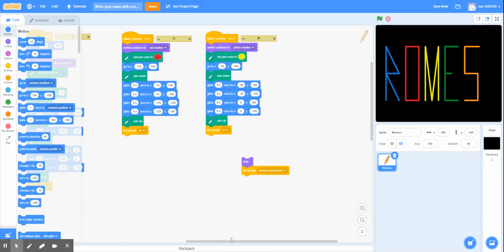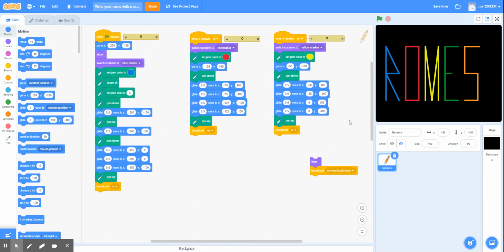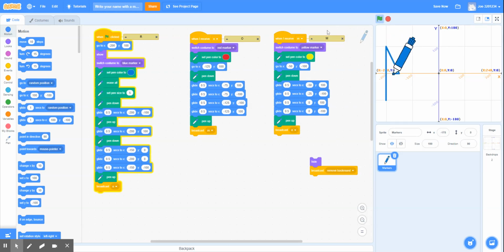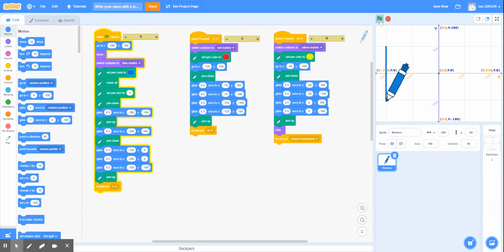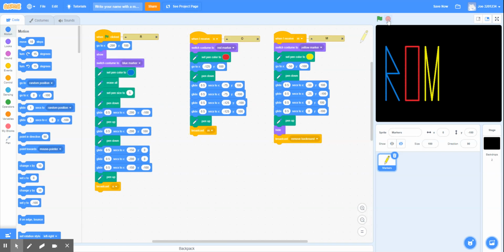So what we've got now is code for 3 letters, an R, an O, an M, and it doesn't switch the background. Let me just play it so you can see what we've got. See, there we go. An R, an O, an M, and this is the code that changed the background. So I'm going to get rid of this broadcast, and I'm going to put this on here instead, and now you'll see that it will complete it by getting rid of the background after all. Okay, so what our task is